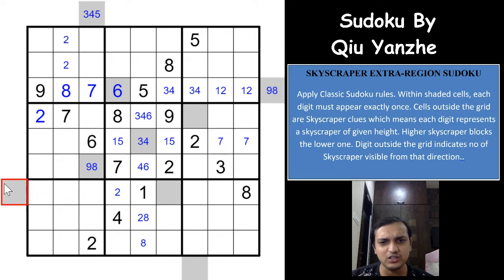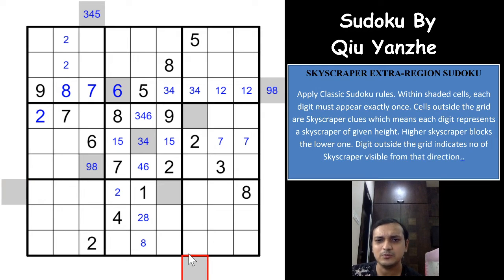If you have a 7 here, you need to see all the remaining cells as the skyscraper clue, because these 2 cells will be hidden. So there are exactly 7 digits remaining, 2 to 9 excluding 1 and 8, which has to be 2, 3, 4, 5, 6, 7 and 9. And the first digit will have to be 2, which is not possible, right? So this cannot be a 7.